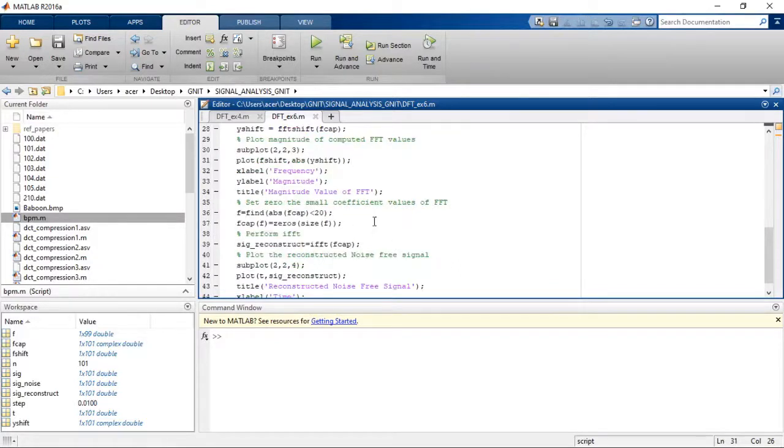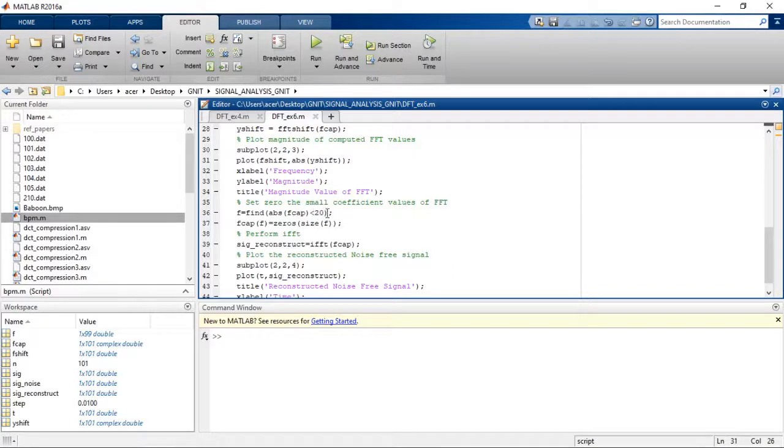Now let us see the significant coefficients present in FFT, and the insignificant coefficients we are making as 0. So we are using this function f equal to find ABS of f cap, the value less than threshold. If the value is less than threshold, we are making it as zeros.